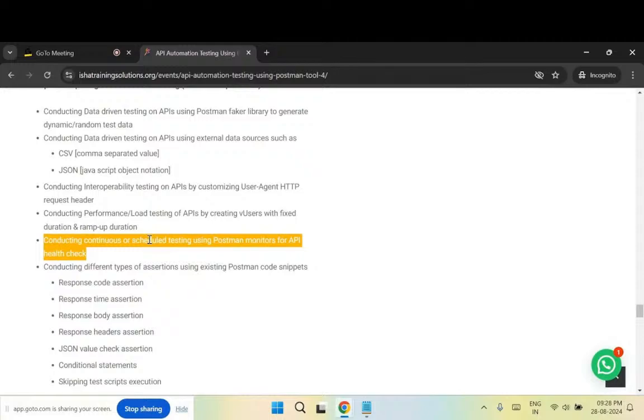Something like, let's say tomorrow I'm on a vacation, but tomorrow my test report should be sent to the developer, so some execution should happen. So I can automate the process of test execution also, even if I'm on a vacation. So how to achieve that continuous testing, I'll show you.